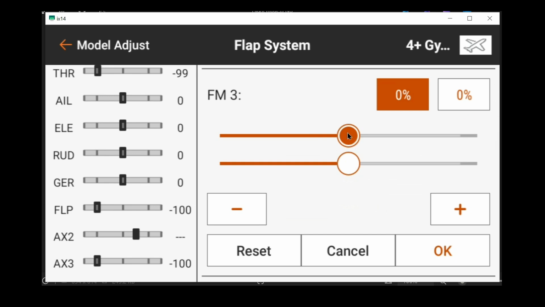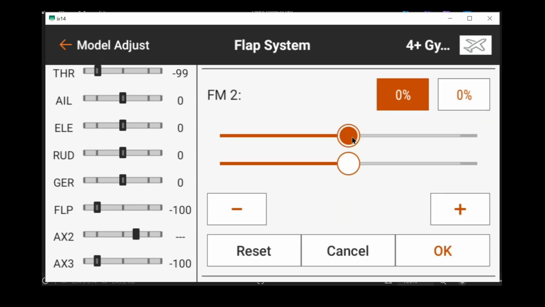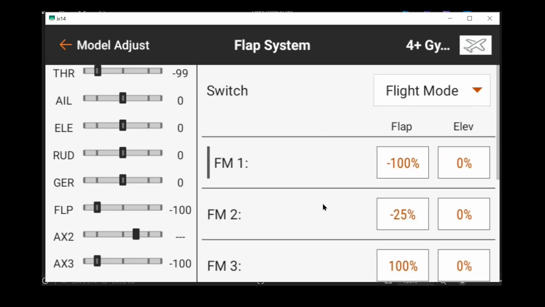And I set landing flaps to plus 100. And then I set these to about minus 25. So this gives you flaps up, and this is takeoff flaps, which is about 1/3 of full flaps,